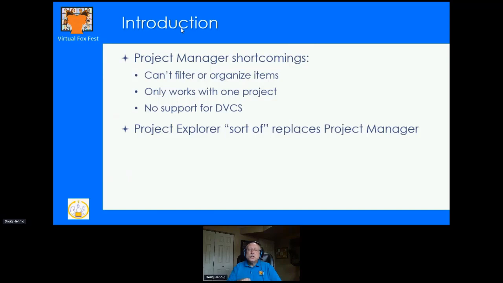In addition, there's no support for distributed version control systems. There is for some version control systems, like SourceSafe, for example, but not for the newer ones that most people are using, such as Mercurial or Git. There's just no integrated support for that. So you end up doing things either from the command line or using a GUI or, say, from File Explorer, for example. So with all these shortcomings in mind, a few years ago, I created a tool that I call